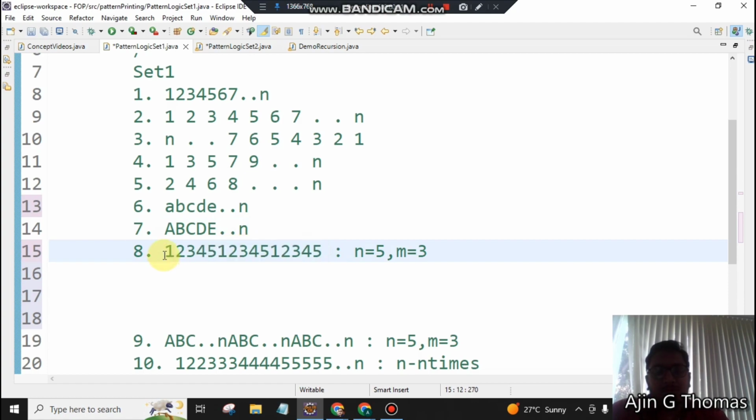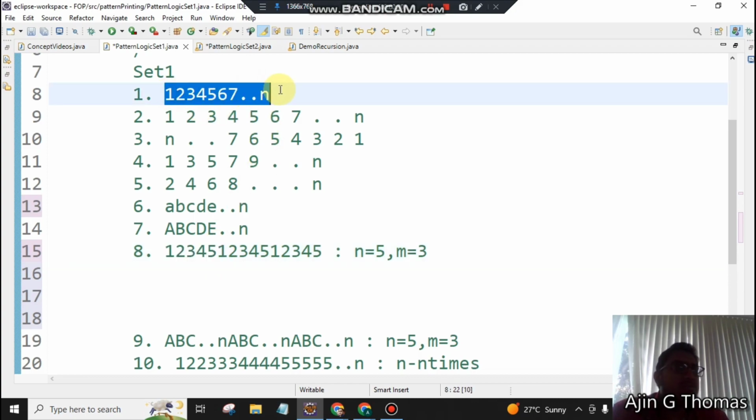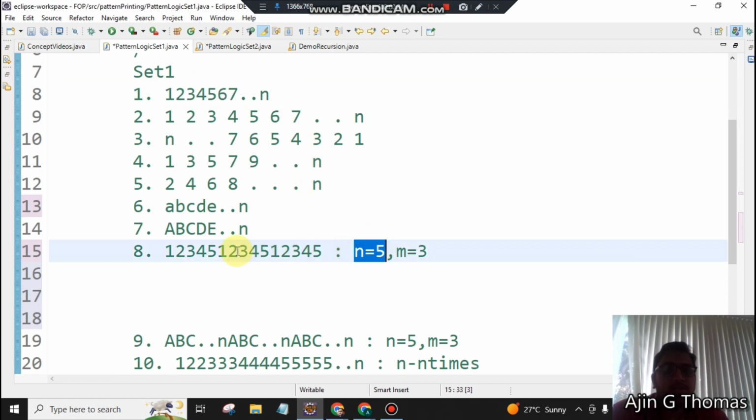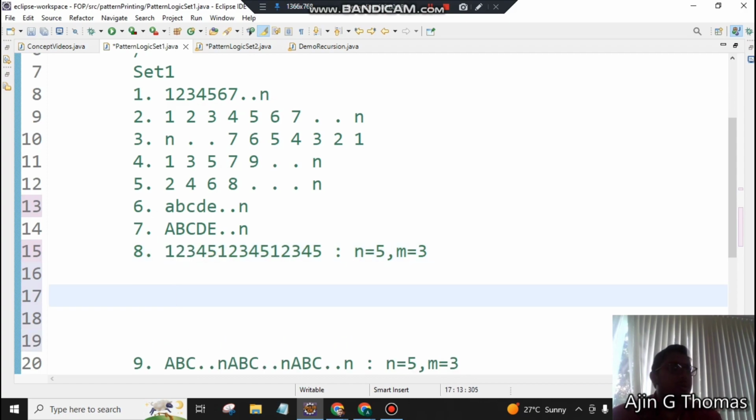To print the numbers 1 to 5, we can use one loop, right? That is what we used here, correct? If n is 5, we will print 1 to 5. So n is 5 here, so we will print 1 to 5. For that, how can I write a loop here? For int i equal to, we are starting from the initial value 1. Okay, then